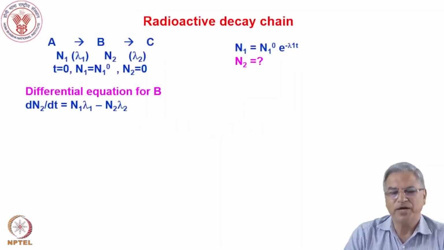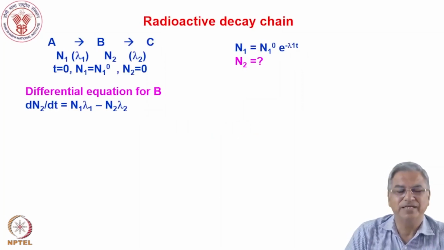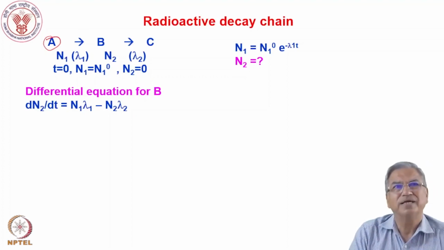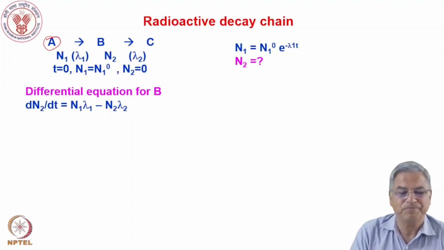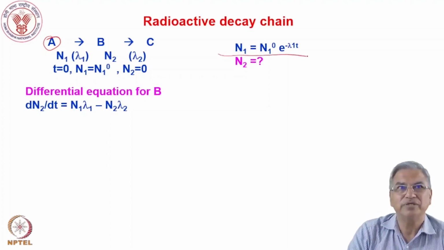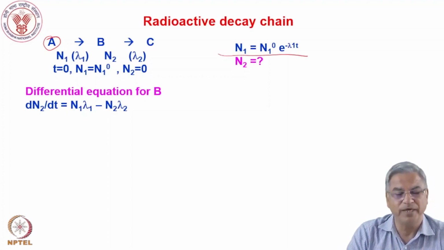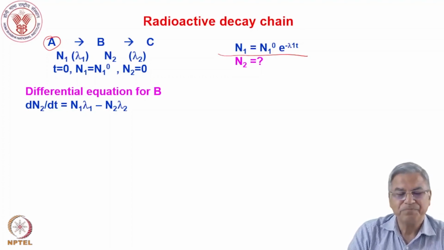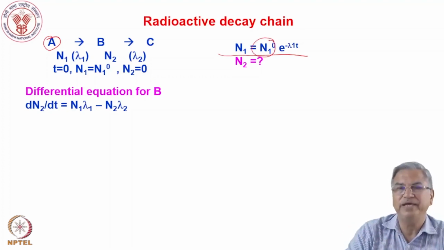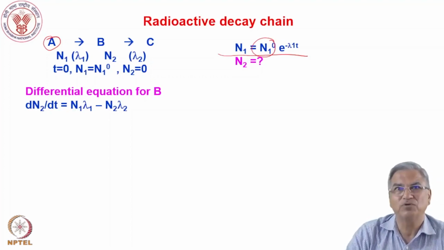When we mean radioactive decay chain, I mean that a radioisotope A undergoes some decay to B, and B is also radioactive, decaying further to C. So we have already discussed the radioactive decay of A, which follows the exponential decay. N1 is the number of atoms of A at any time, and as we discussed in the previous lecture, it follows an exponential decay with N1 0, the initial atoms of A,